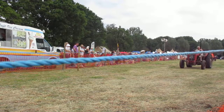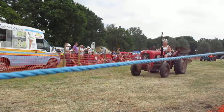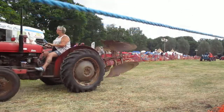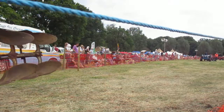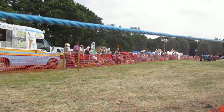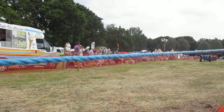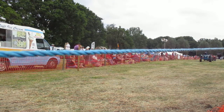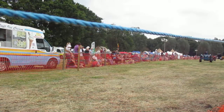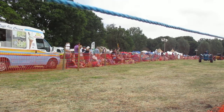And in front of me now, this little blue one with the red wheels. This is a Fordson Dexta. This is basically Fordson's answer to what was just going out of the arena now, the Ferguson MF35 and the Ferguson TE20s. This one's again fitted with a little 3-cylinder diesel engine. It's got a 3-point linkage on the back as well, seeing as the patent's now been released and all the tractors are using it. Another nice little narrow